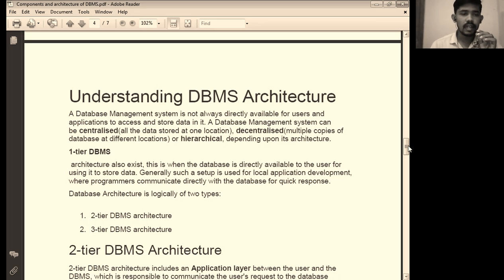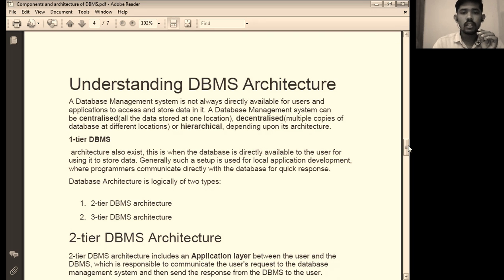So tier 1 architecture of database management system is when the database is directly available to the user for using it to store data. In this tier 1, the database is accessible to every user easily.